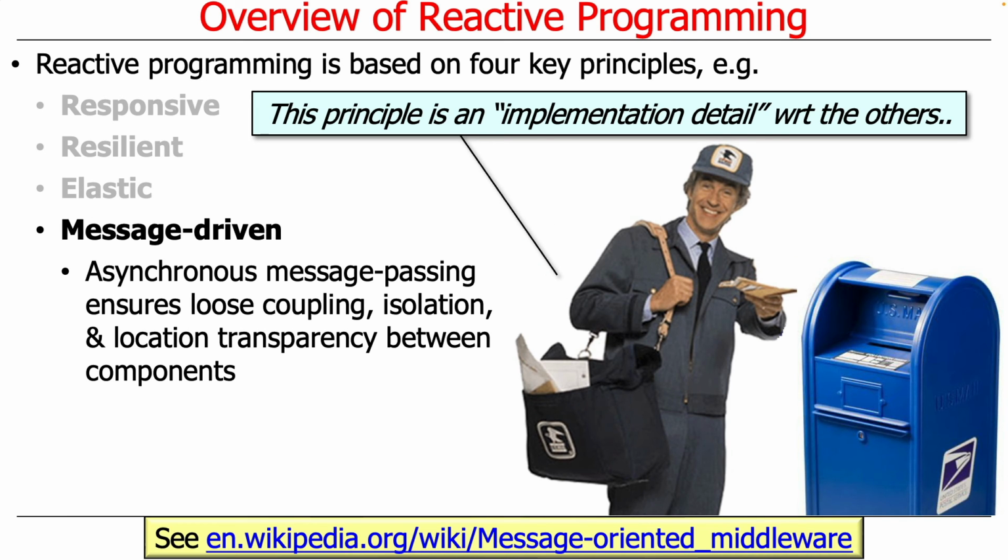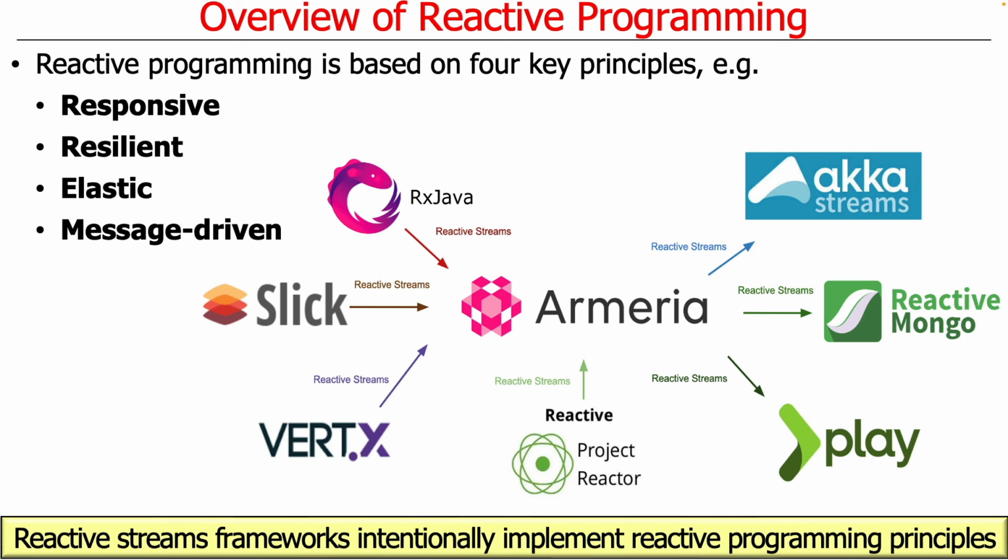And then finally, and I mentioned this when we talked about completable futures, you'd like things to be message-driven whenever possible, which is really more of an implementation detail, but it allows loose coupling and location transparency and isolation between components. And this is typically done, as we'll see, more at the implementation level behind a nice method-oriented API with the abstractions we'll be talking about here.